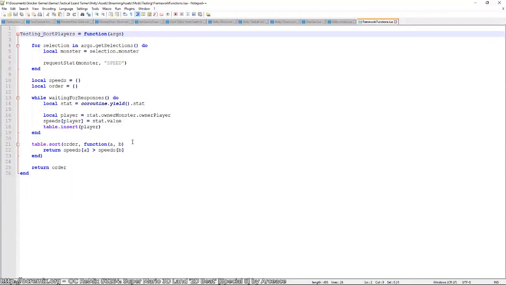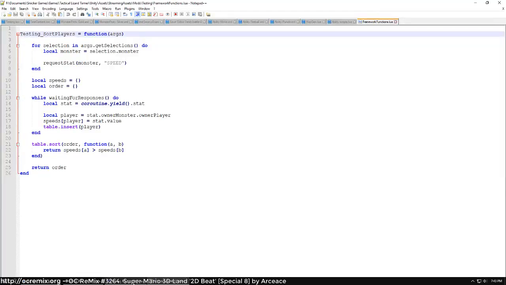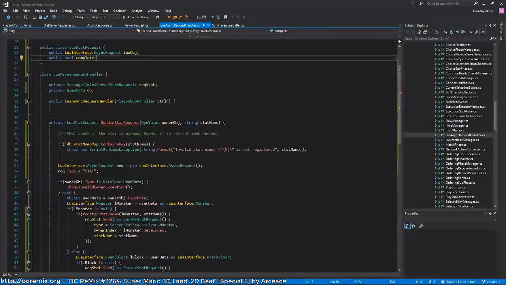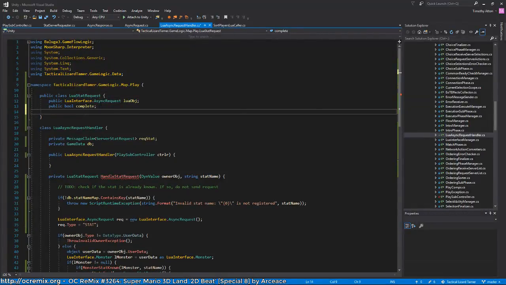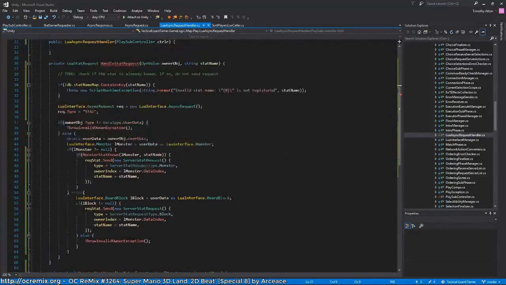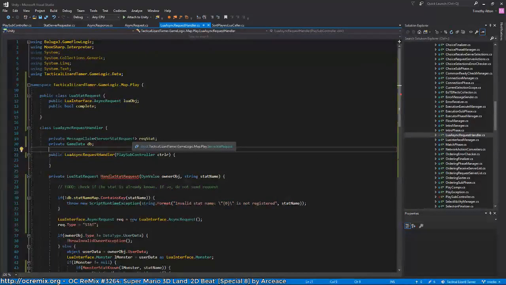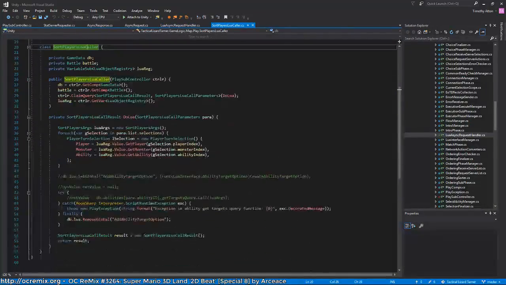Because A star, or any pathfinding, takes a while to execute. So for right now, I think I'll just keep this specialized for just stat requests. Is there anything else I want to add in here? Okay, so